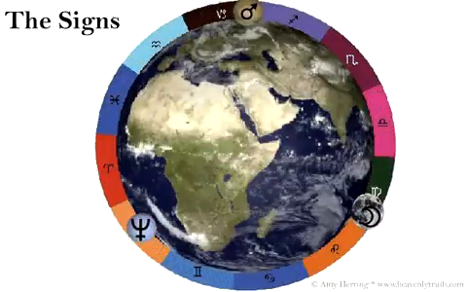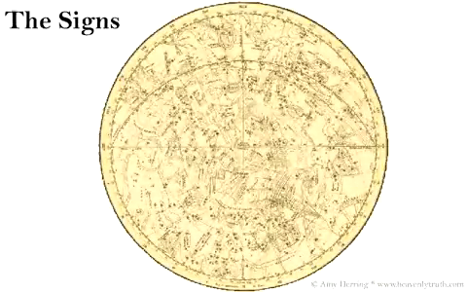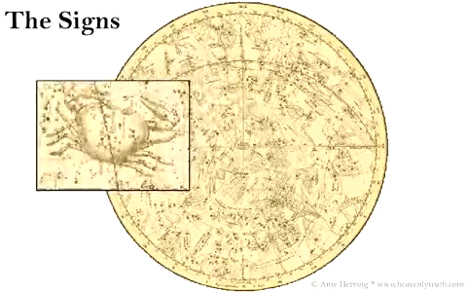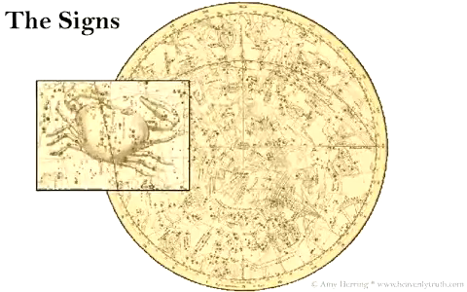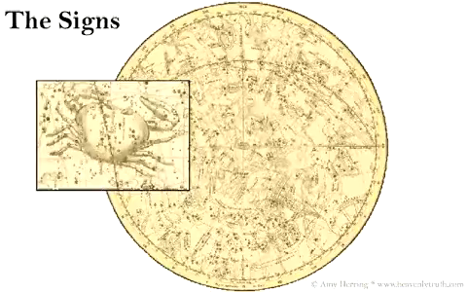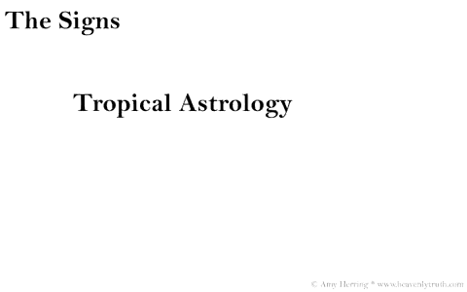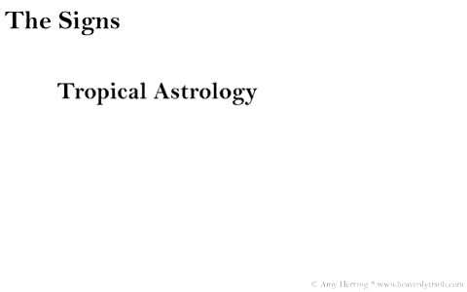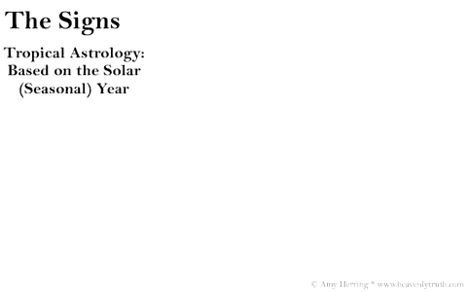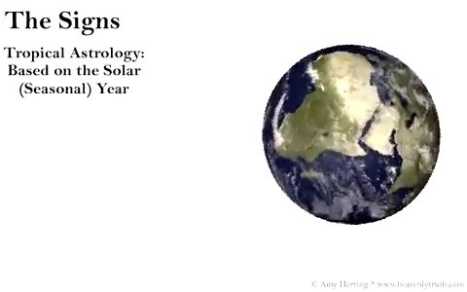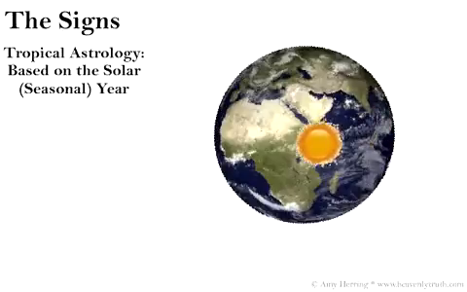For purposes of convenience, the Sun and Moon are also called planets. When people think of the signs, they typically think of constellations associated with those signs, like Cancer and the constellation of the Crab. However, the signs and constellations are not the same thing. Hang on to your seats, because this can get complicated. The astrological methods described in this series are based on tropical astrology, sometimes referred to as Western astrology. Tropical astrology is based on the tropical or solar year, which means that the year is defined by the length of time that the Sun takes to return to its same position in its cycle of seasons: spring, summer, fall,